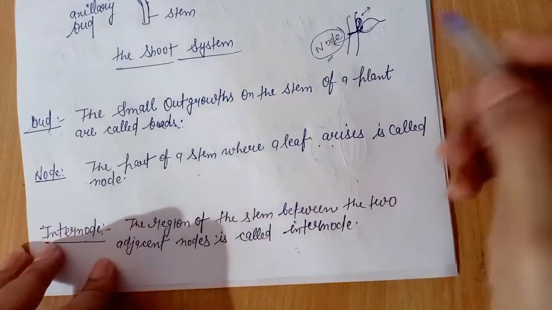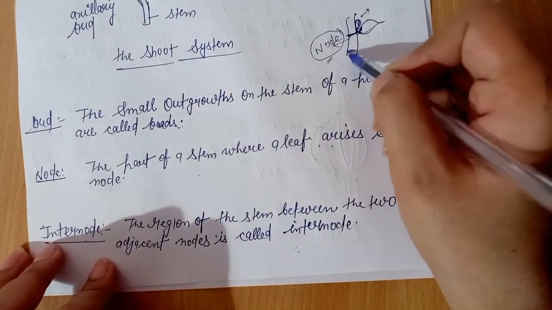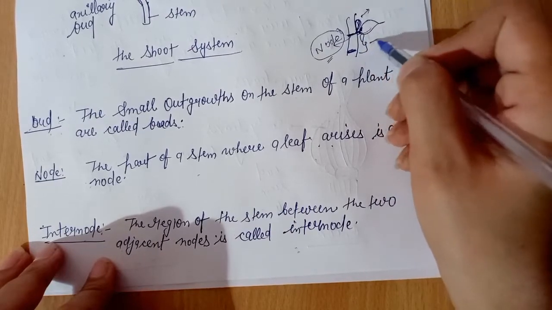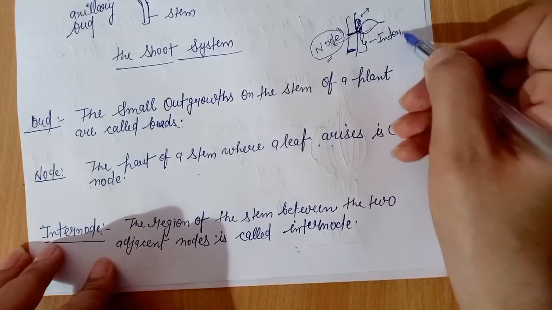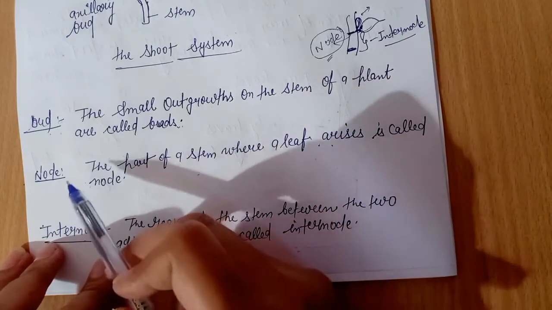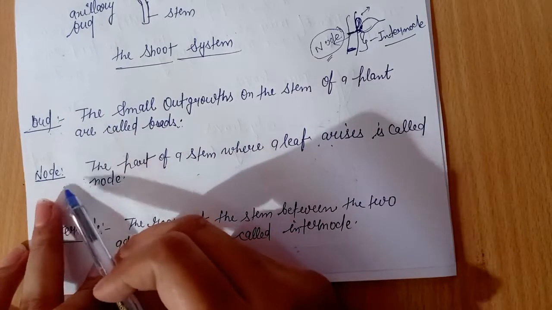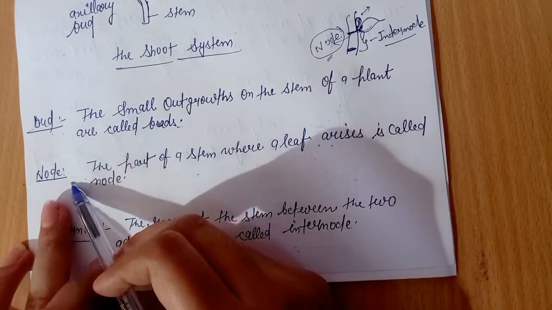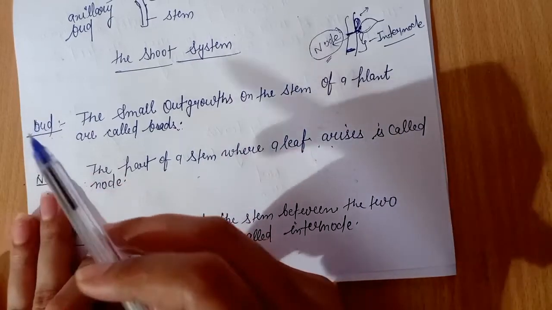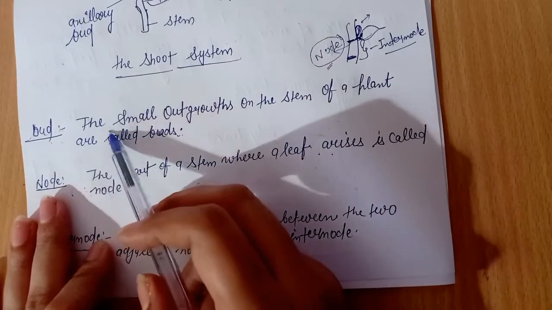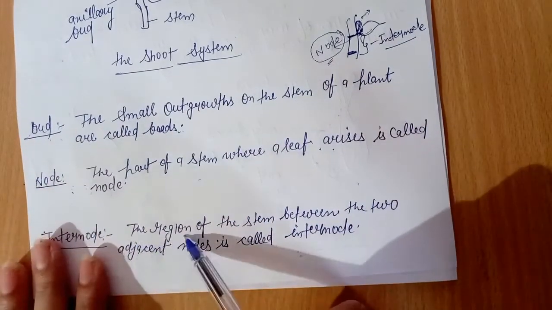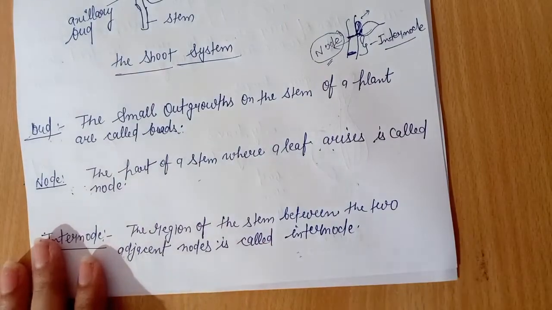And what is an internode? Such as, this is also a node part. The distance between two nodes is called an internode. So two things are important here: node and bud. Every part of a plant always develops from the region of the node, and they develop from the bud. Next is internode. About this you have understood.